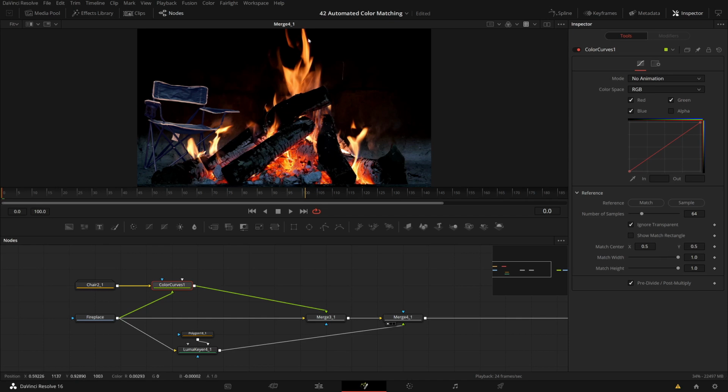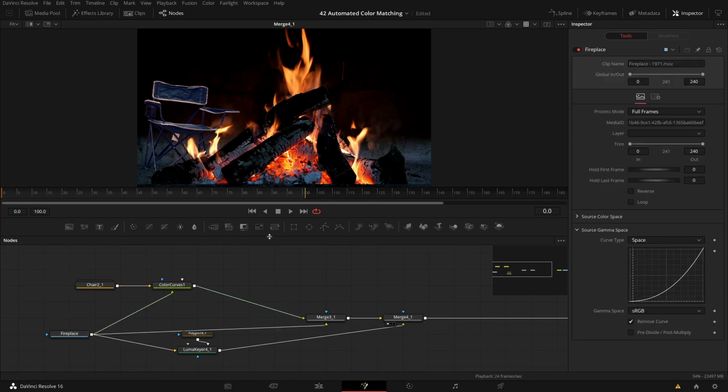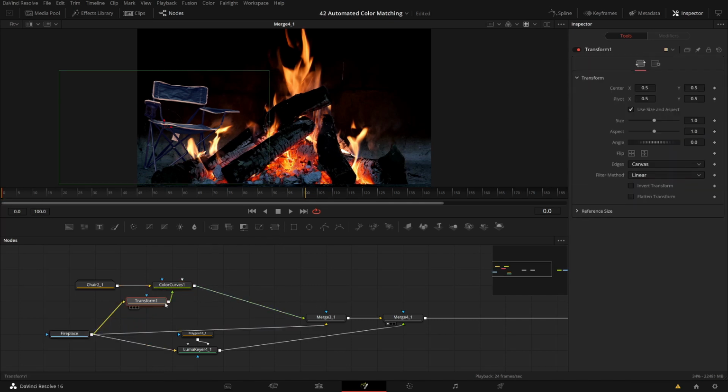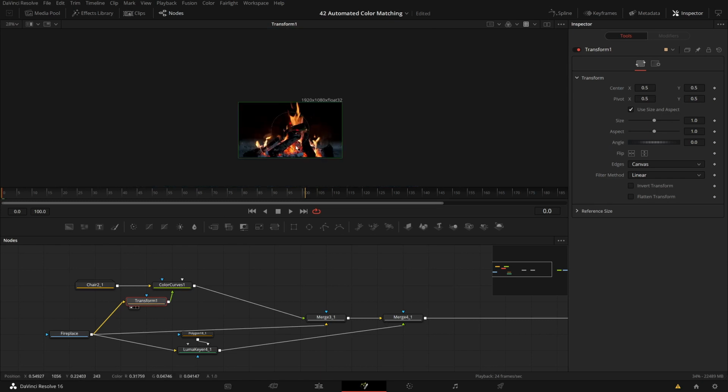And if you want to take not the whole background image as reference, but let's say only the flames or only one part of it, the easiest way I think is just to put a transform node in here and then change the background. Like let's say I want to zoom in and I only want to use part as reference. So I only want this as the reference. I can just quickly scale it up, and now this is the input for my reference image. So just a quick tip.